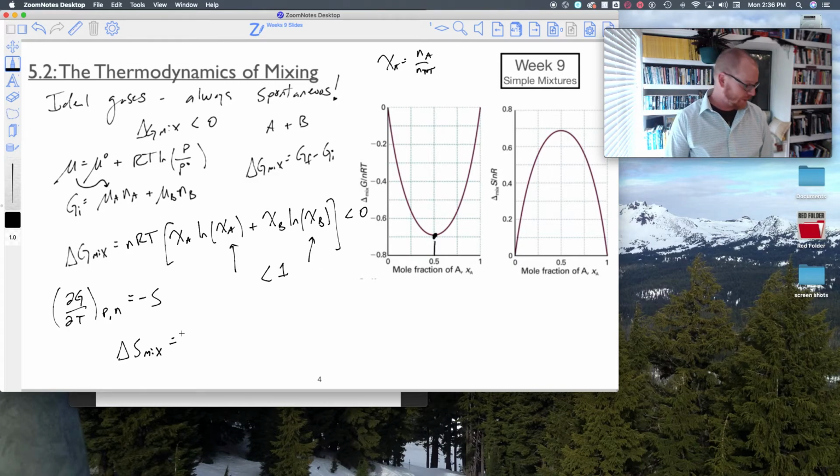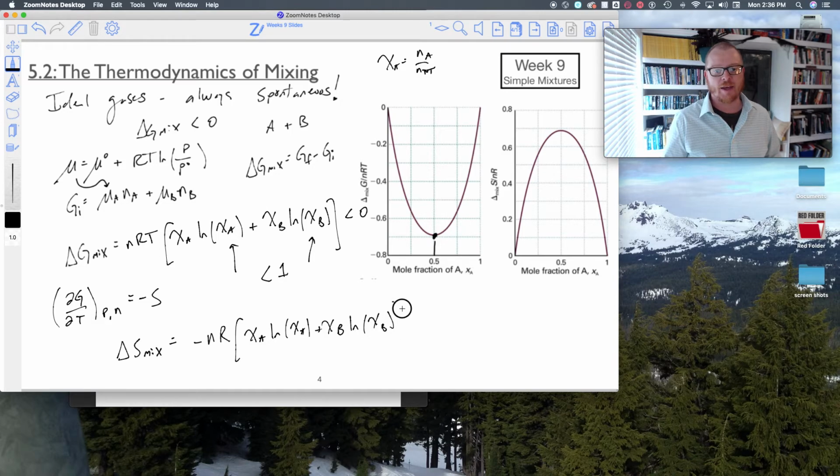And so that's just going to be given by now taking this equation with respect to T, so taking the first derivative with respect to T. And of course, there's a negative sign in there. So then that's going to become negative nR. The T drops out because I'm taking the derivative of this equation with respect to T. And so now that just becomes negative nR times chi A natural log of chi A, plus chi B natural